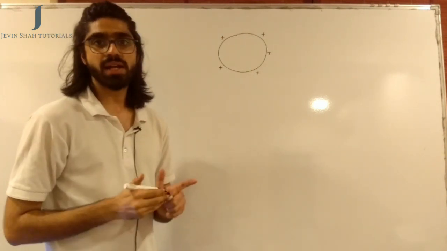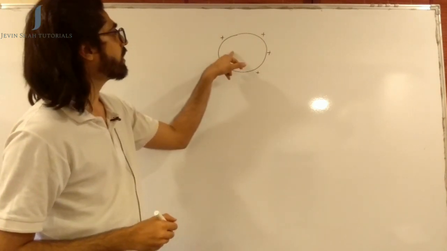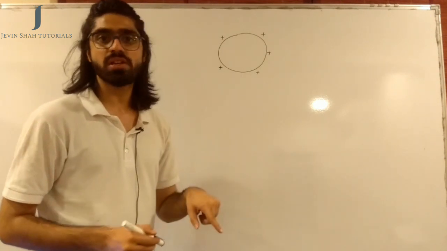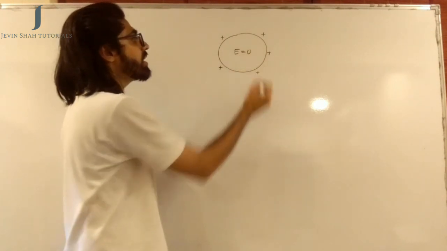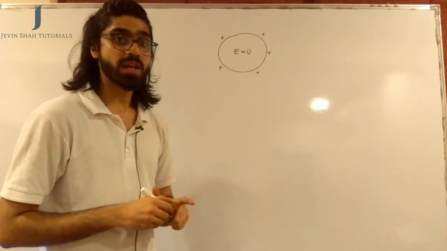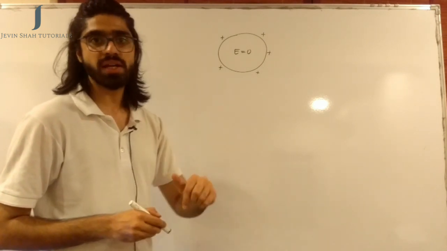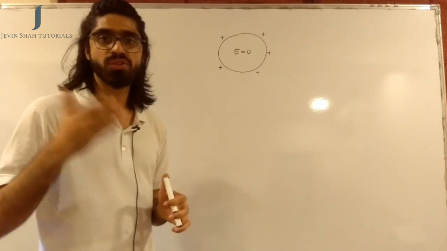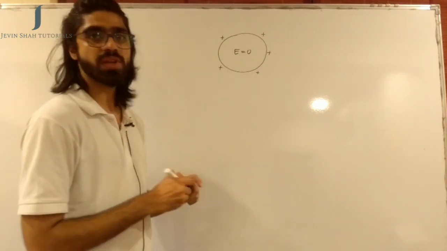And that is why I had mentioned that because there are charges only on the outer surface, if you take any point inside and draw a Gaussian sphere, the charge enclosed inside will be equal to 0, and that is why the electric field intensity inside will be equal to 0. Okay. Now I need to know the potential inside. We had also discussed that because E is equal to 0 and E was minus dV by dx, so dV by dx will be equal to 0, and because the derivative of V is equal to 0, V will be a constant. So inside a metallic sphere, V will be constant.